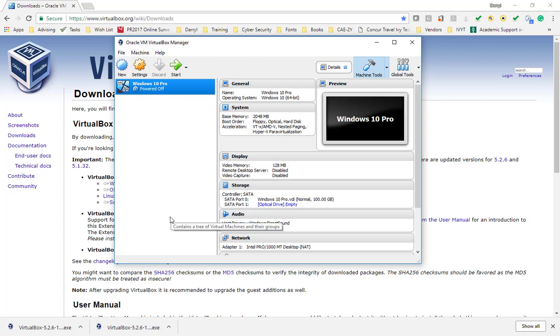In another session, we will talk about actually creating images from ISOs, or downloaded ISOs that you get from online for Linux and that, using VirtualBox. But for this session,